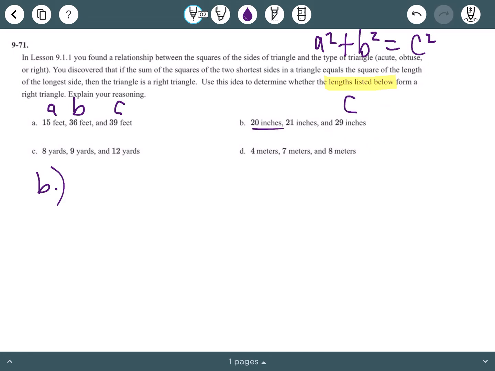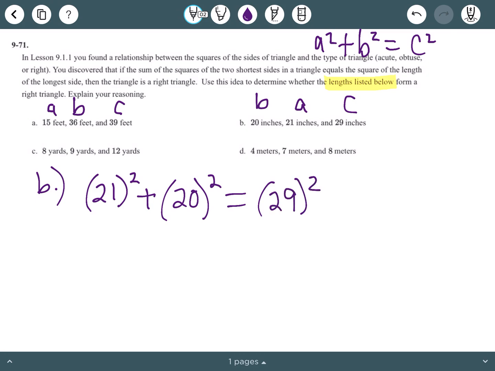It doesn't matter which one of these two is A and which one is B. So let's get crazy and call this one B, this one A. Plugging into a squared plus b squared equals c squared, I'm going to do 21 squared plus 20 squared. You want to make sure you use those parentheses too, those are important. Equals